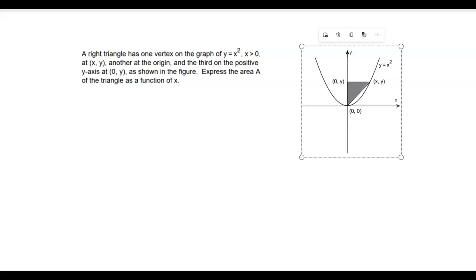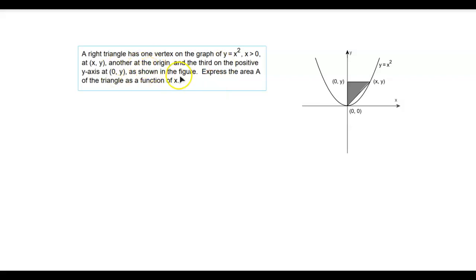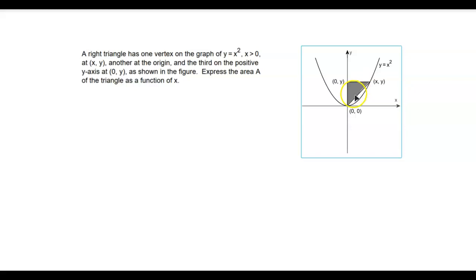Hey everybody, this is Mr. Beckstrom, and today we're going to take a look at writing a function expressing the area of this shaded triangle